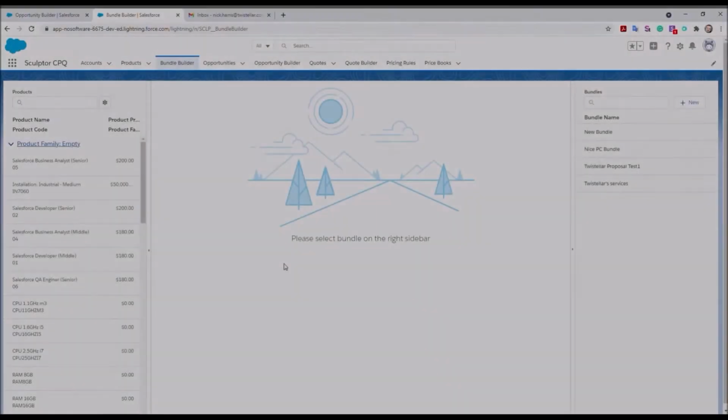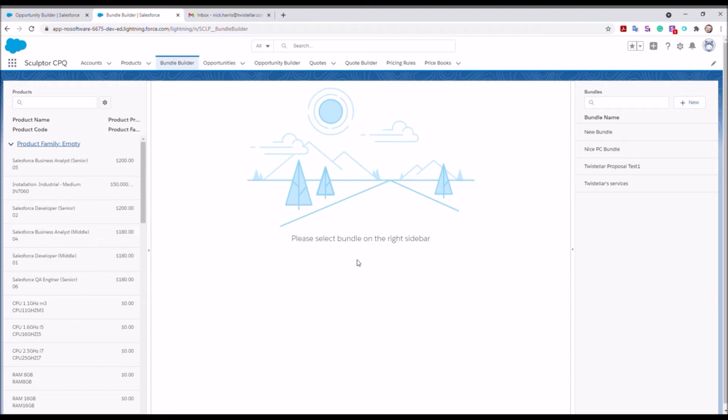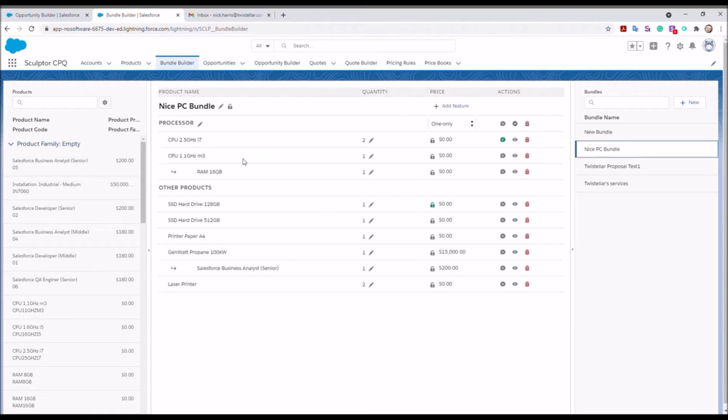Another pain point of a company that uses Salesforce that we wanted to address is the absence of configurable products in standard Sales or Service Cloud delivery. These configurable products are called bundles. In Sculptor, we provide a bundle builder that has a similar interface to the Sculptor interface of the opportunity or